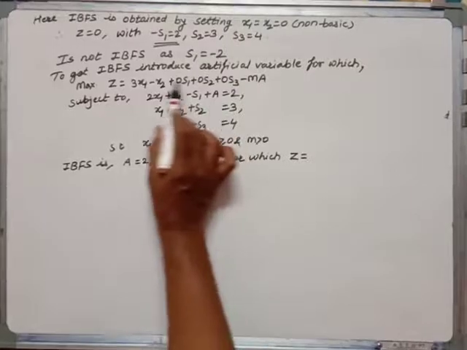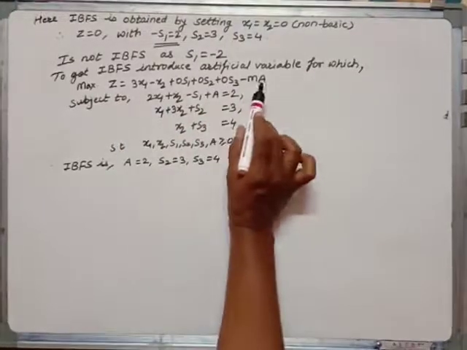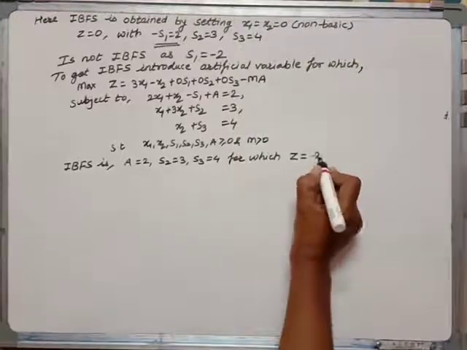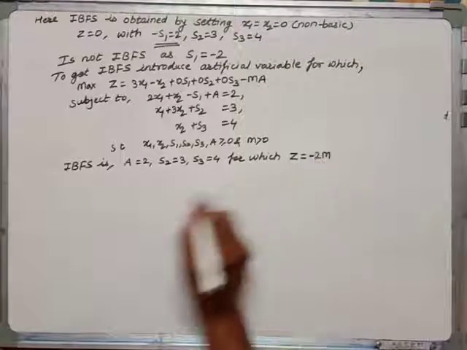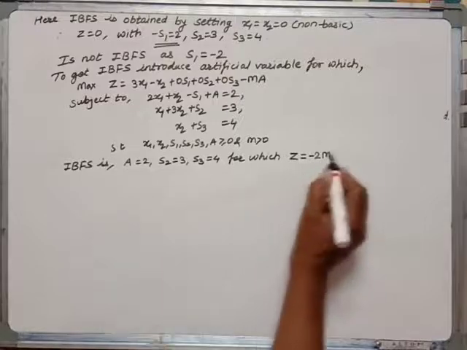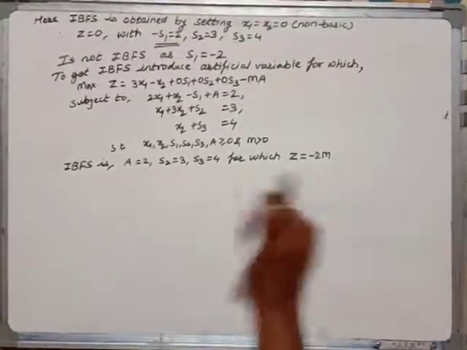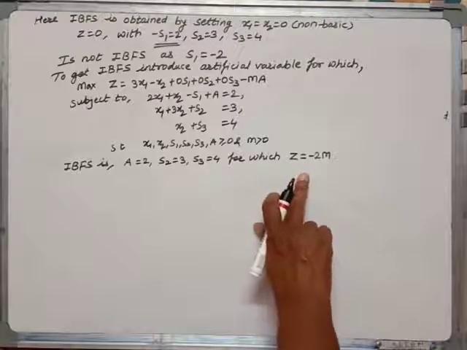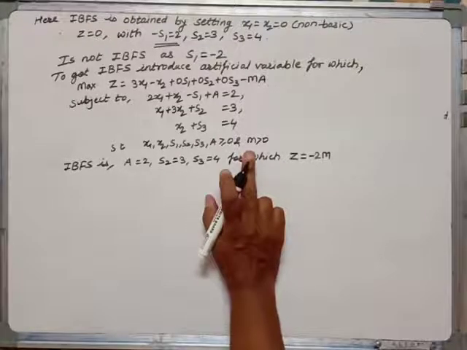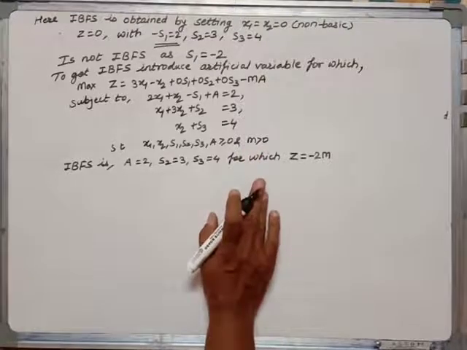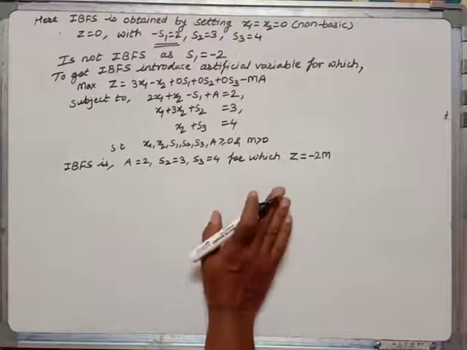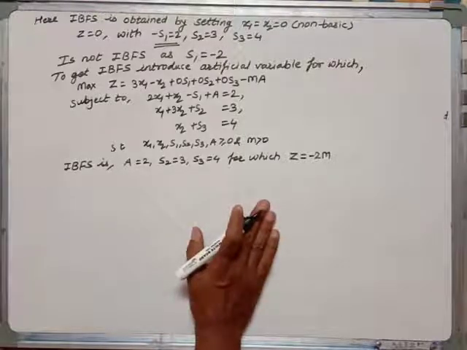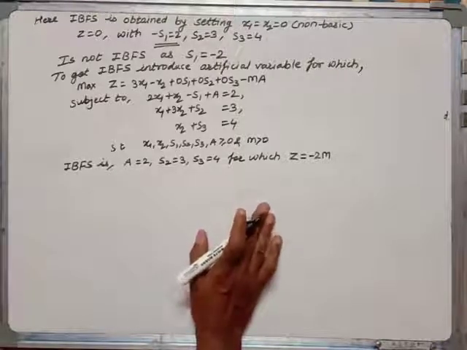So overall up to this it will give 0. But now a is equal to what? 2. So z is equal to minus 2m. Now this is our initial basic feasible solution. Clearly all are positive. Now z is negative, but you know this is an initial basic feasible solution, not necessarily optimal. For that, let us construct the initial simplex table and check Zj minus Cj.